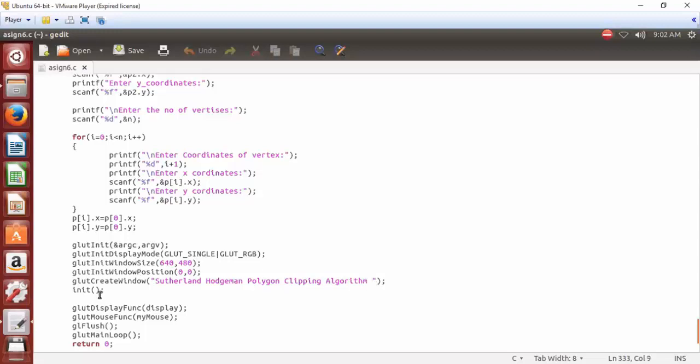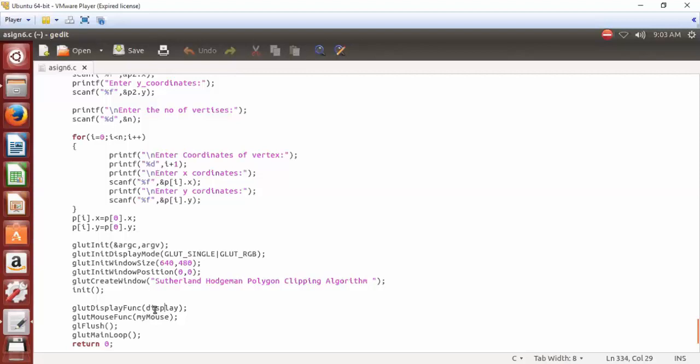Then the init function, which will initialize the window. The display function we are going to call first, and after the display function we will get the display, that is our window and the polygon which is required to be clipped across your window. And when you click the left button of your mouse, my mouse function will get called, and that is going to call your left, right, top, bottom clipper functions, and your polygon will get clipped.